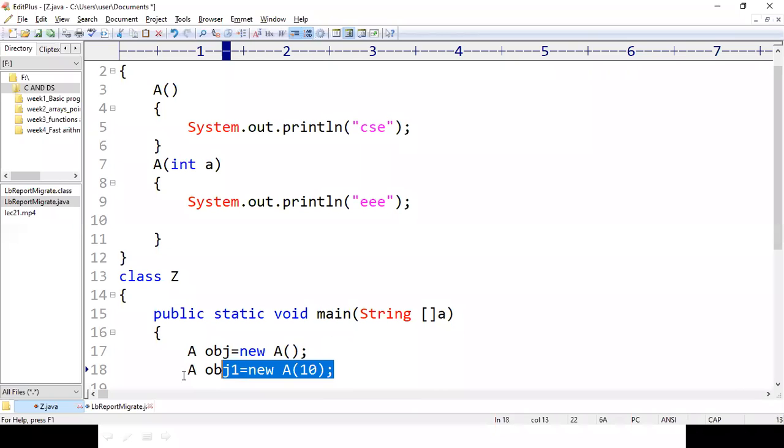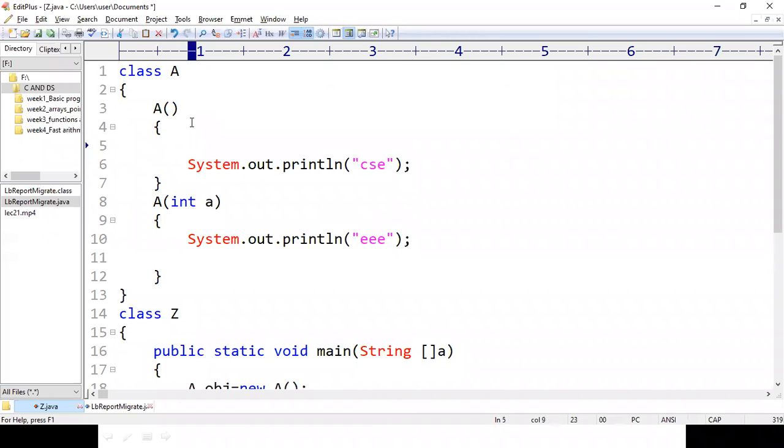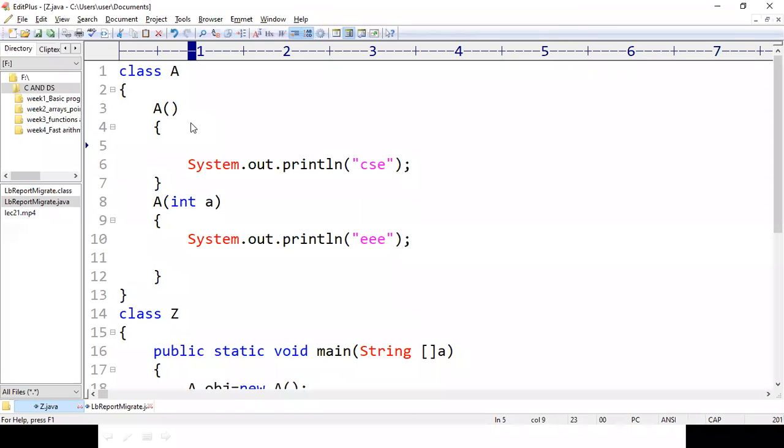So if I delete this one and execute this program, it will only print CSC. Let us see the output of the code first, and then we can make the changes in the program. So there are no errors.